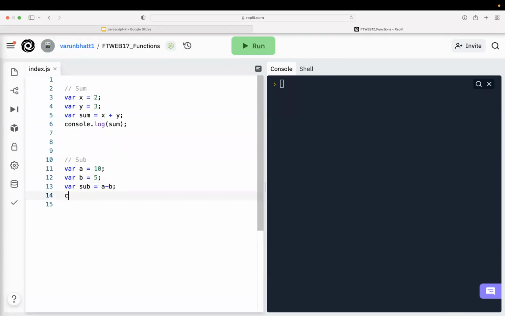Okay, so console.log, and here this is my subtraction. So I will just write it beautifully. Subtract. Okay. And here I can say that